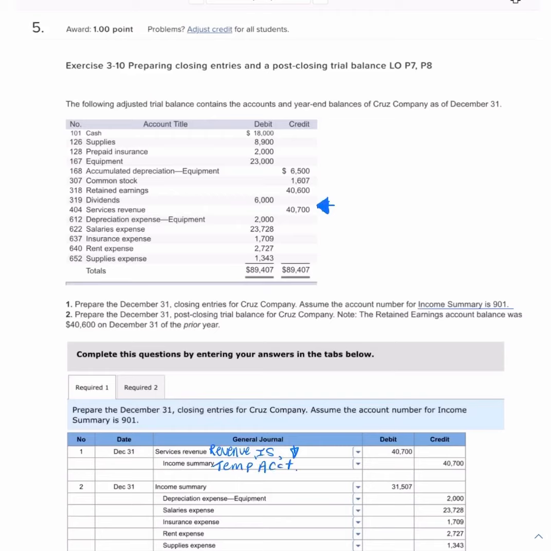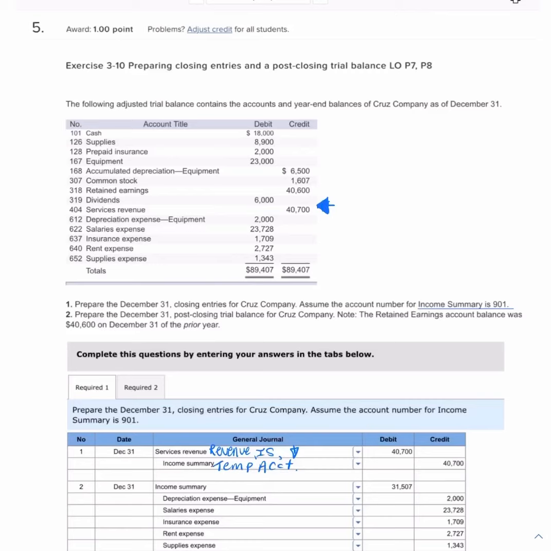While it is true that your revenues, expenses, and dividends are also temporary accounts, the income summary is like the absolute definition of a temporary account. It is only there while we do our closing entries. As soon as we're done closing, that temporary account, the income summary account, vanishes again. You'll never actually see it on your financial statements anywhere. So I'm not going to really dig into what type of account it is, where does it go, because it doesn't really go anywhere. It's just there to help us close these accounts out. So in this case, we have debited service revenue to eliminate all of that and put it back down to zero. And we have credited the income summary account for